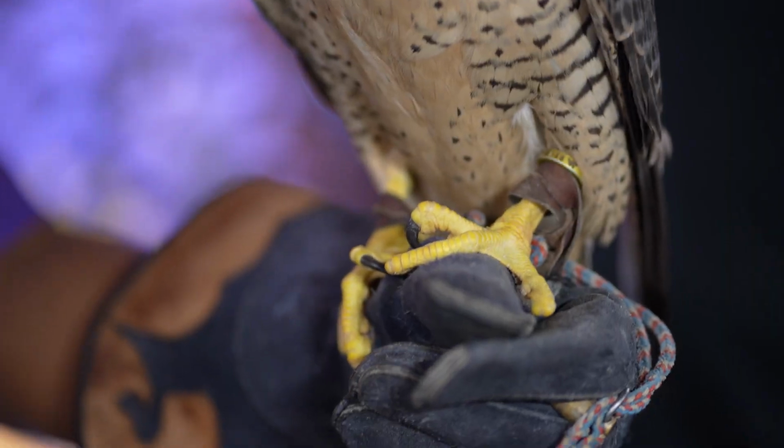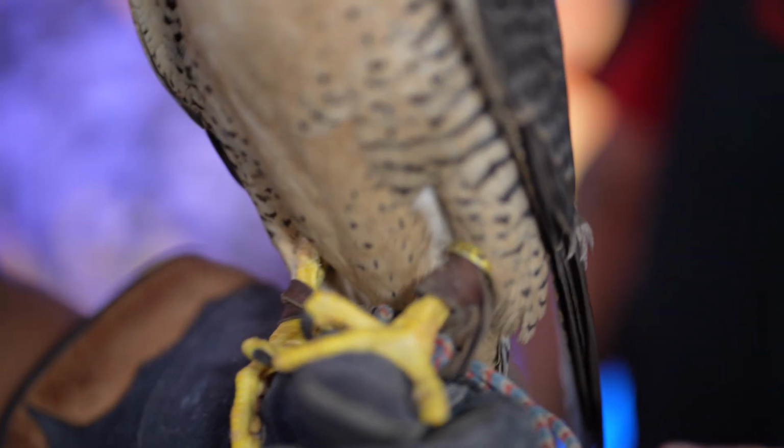But Lucy is a captive bred bird. You can tell by this gold ring that is on her band right there. That's actually her serial number. The federal government tracks very closely where this bird is. So how far does she fly? So, a fun fact about peregrines is that on a regular road trip for them, like South America and back,